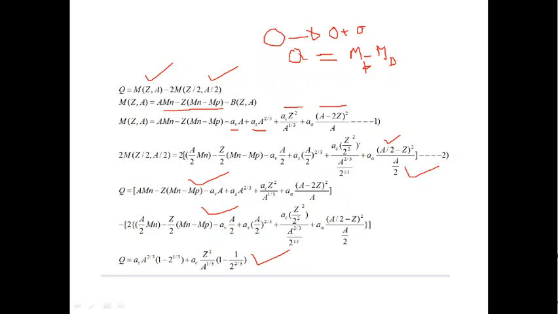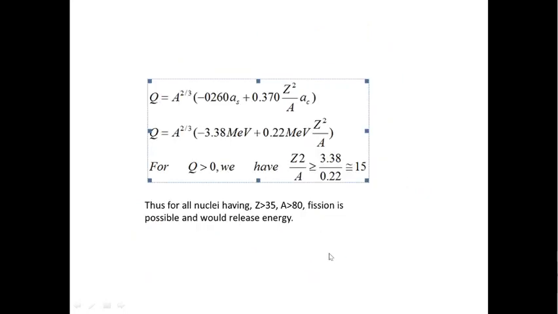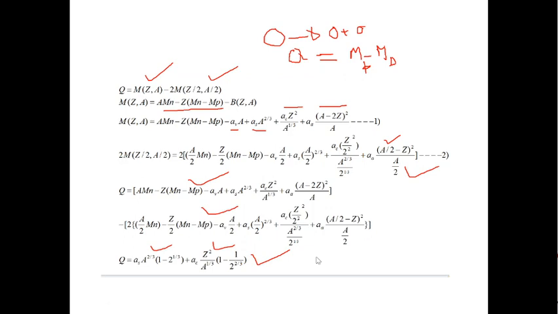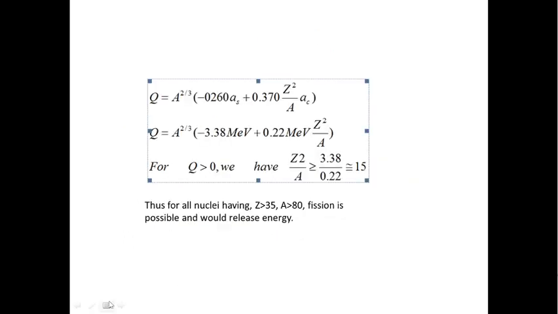The asymmetric term will get cancelled. The volume energy term will get cancelled. So the only terms which will survive are AS and AC, and that is what is going to determine the Q. It's like a competition between AS and AC. That's the whole idea. If I reduce it in this form and solve this equation, I have this.